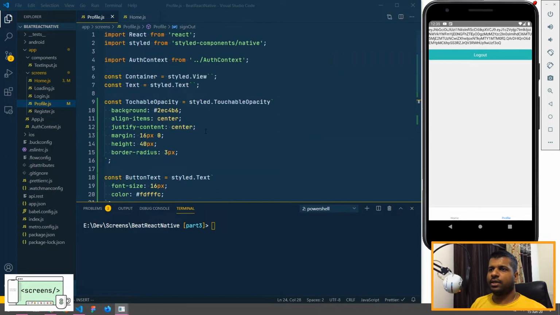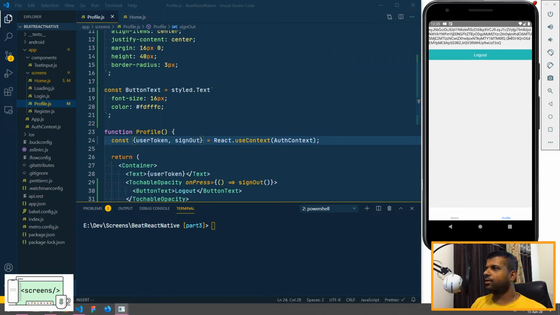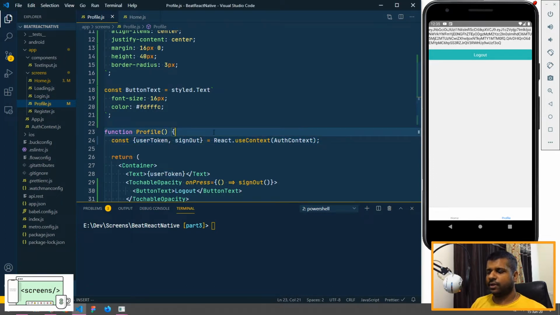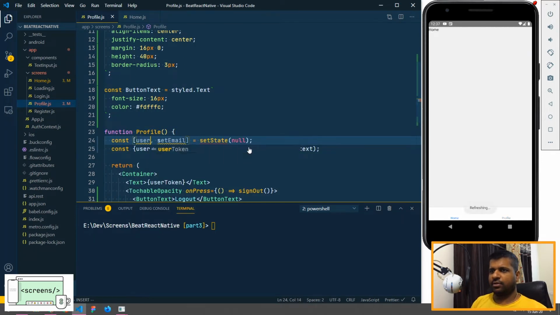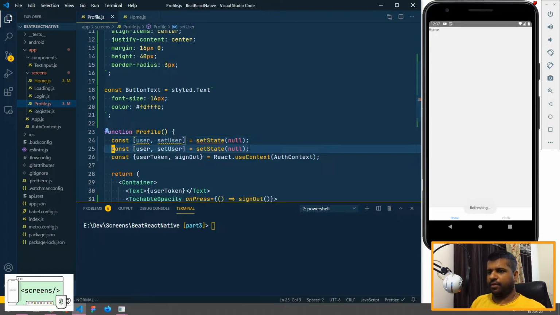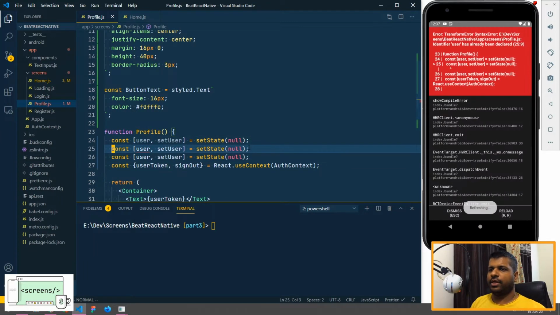So now what I'll do is I'll make an API call to get the user profile from the server using that user token. So for that, I need to have states: user and set user. Okay, and we need two more states which are loading and error.